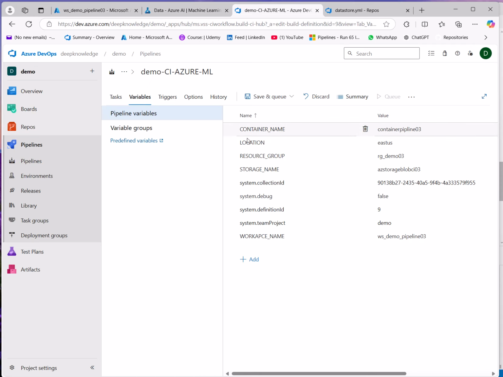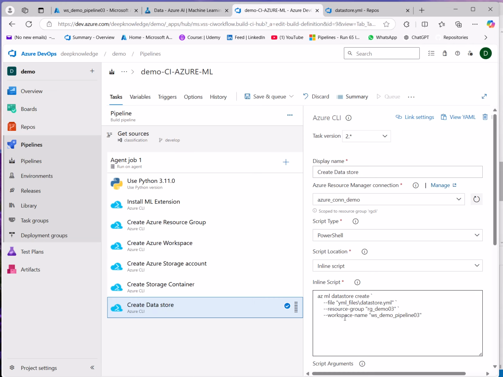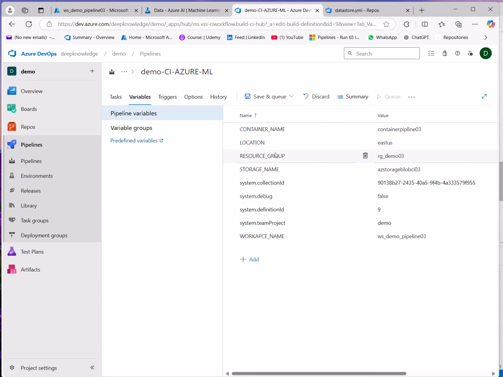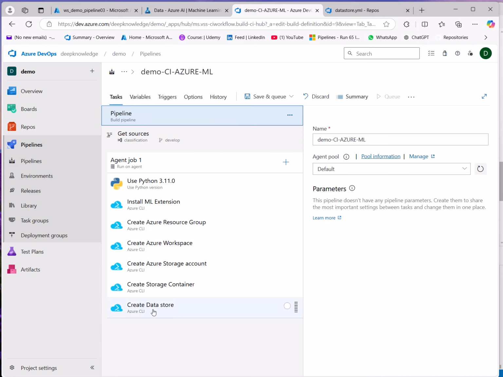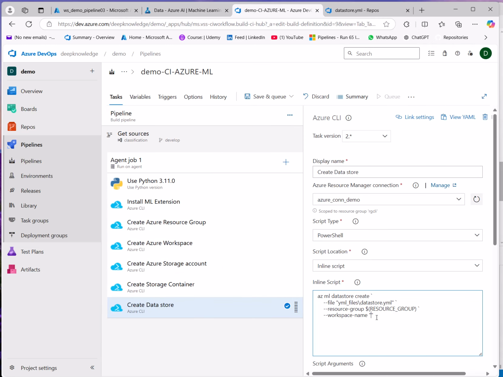You can see here container name, location, resource group, etc. For that, I will just add the resource group here, and the workspace should be the same workspace. Yeah, this one. Let me just add the dollar sign, this one here.